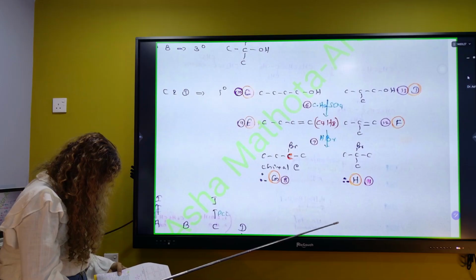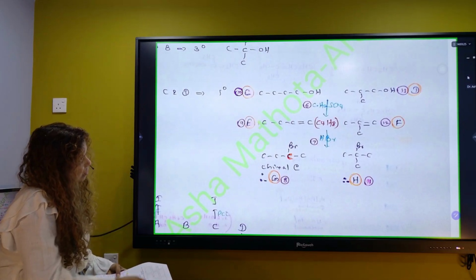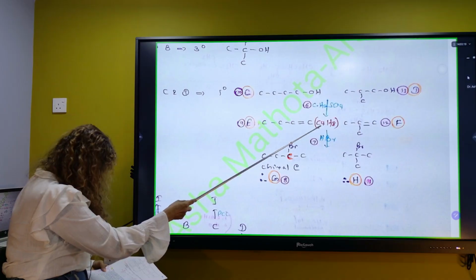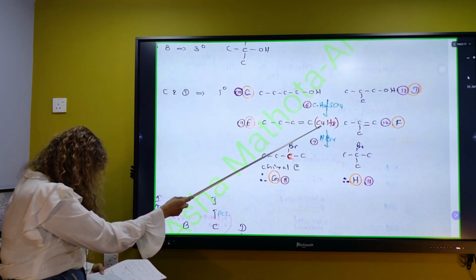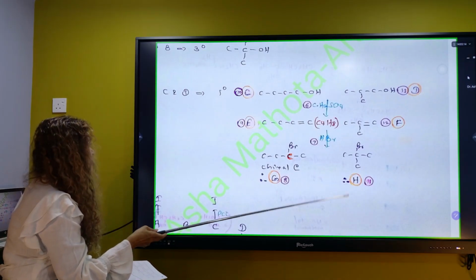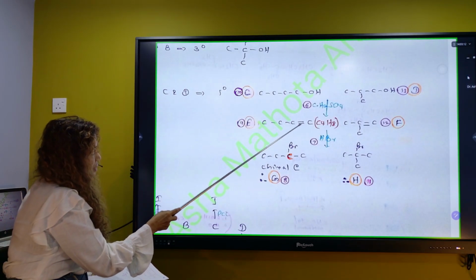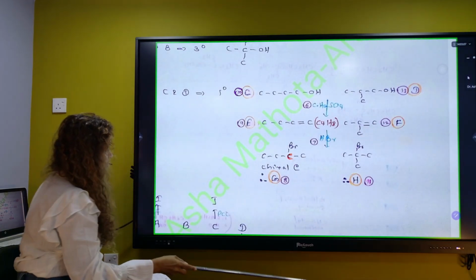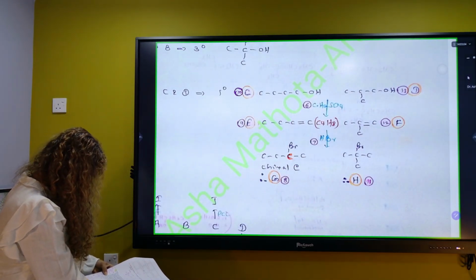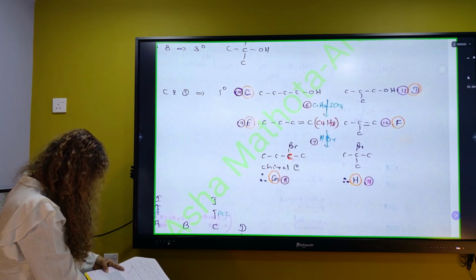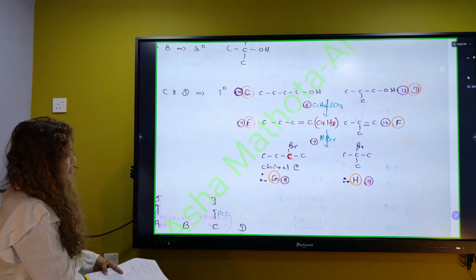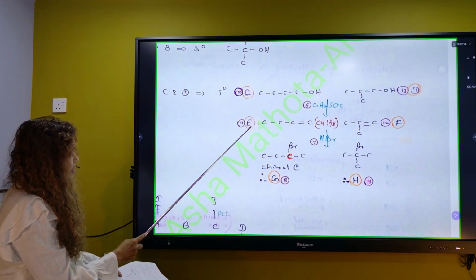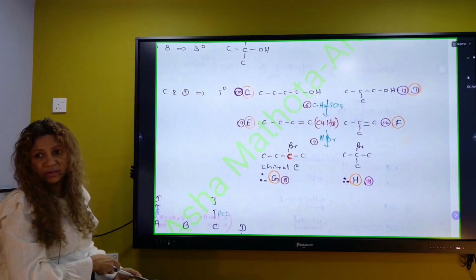C and D were heated with concentrated H2SO4 to give E and F. Both have C4H8, and they say there is no geometric isomerism. Make the same CH2, same CH3, same CH2. E and F give D and H with HBr. G exhibits isomerism. Who is G? G comes from E, E comes from C. Now you know all.